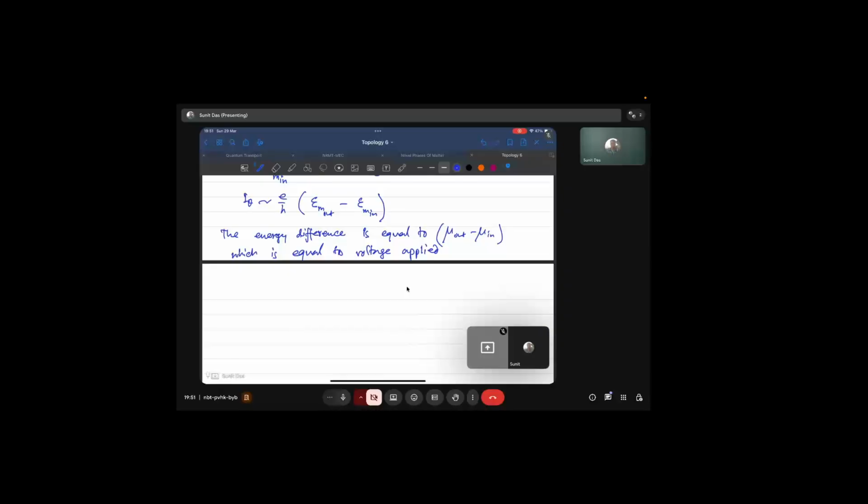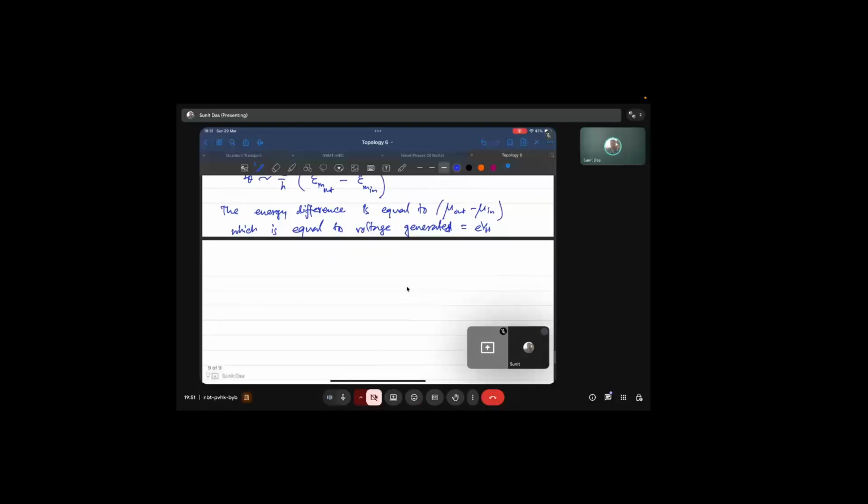So this will be equivalent to E V_H, or sorry, voltage generated actually. E V_H. Okay. So this then we can write as I theta is of the order of E by H, and then